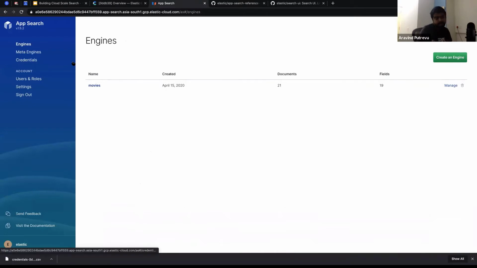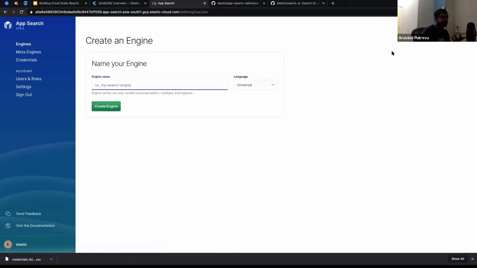So unlike Elasticsearch, App Search lets you manage things as search engines rather than indices. I believe the majority of you have an idea about how Elasticsearch works. Elasticsearch works in an index format, and all the data is stored, sent to Elasticsearch in a JSON format, and then you do the search API query. In the same manner, App Search works. So let me quickly go through and create an engine here.